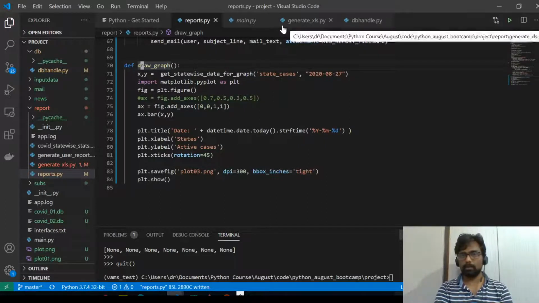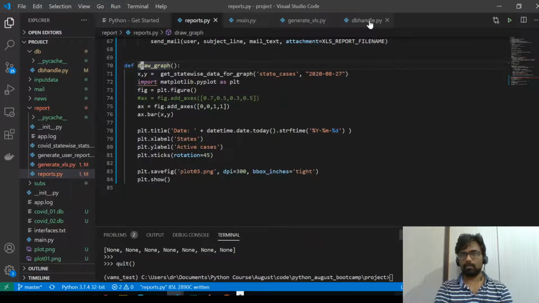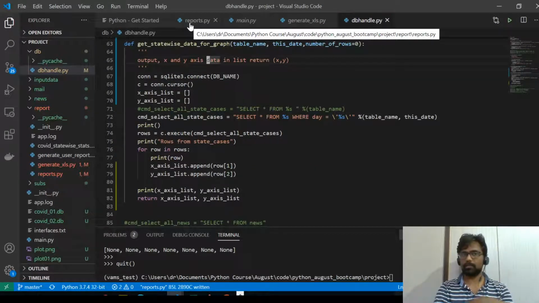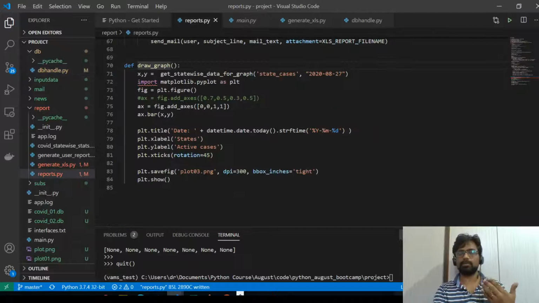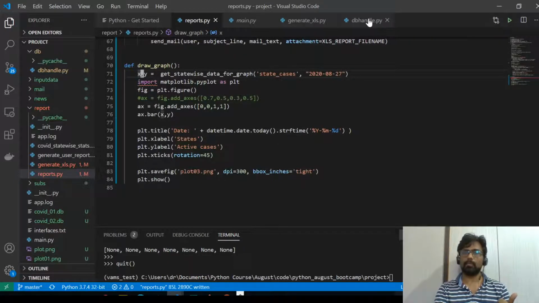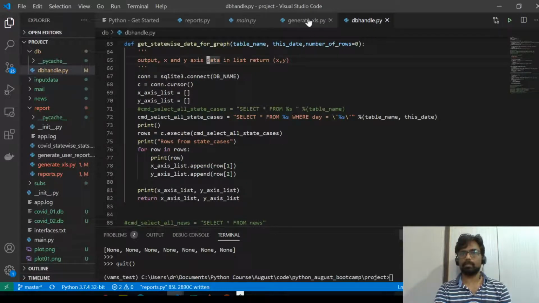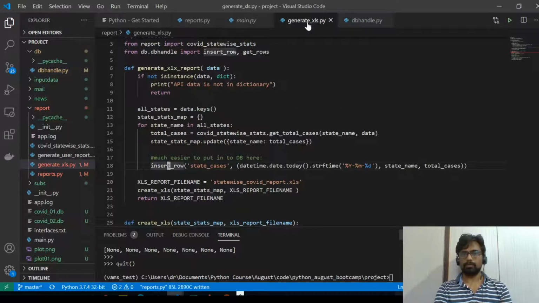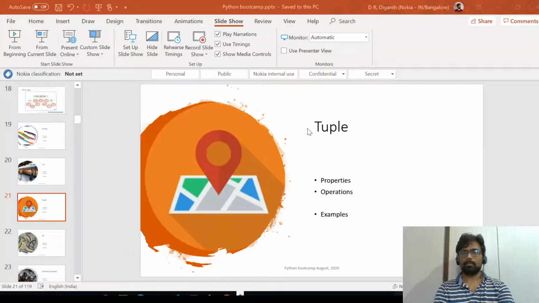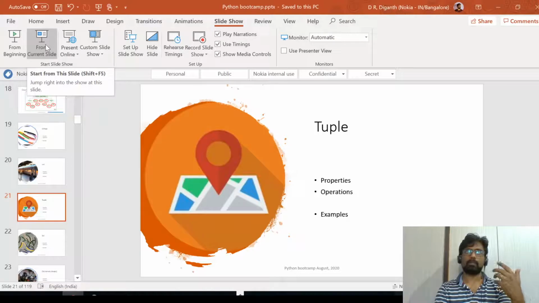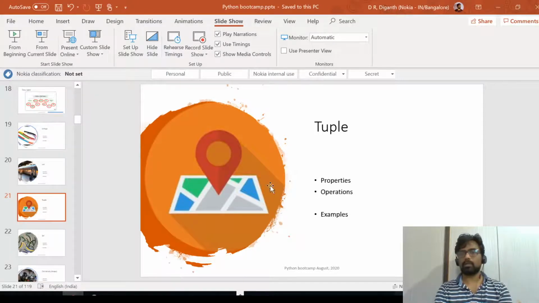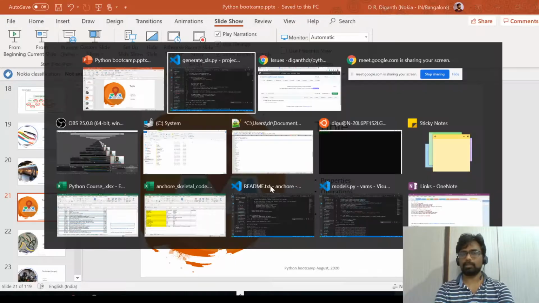This could be your library. One person has written the framework, and another person, as a user developer, is just making use of that function. So you should not accidentally change the values of this, because if you change the values, it will affect the values inside the library. That is the reason we use tuples. What are we actually saying by this? Tuples are immutable. That means they are constants, so you cannot change the values inside the tuple.